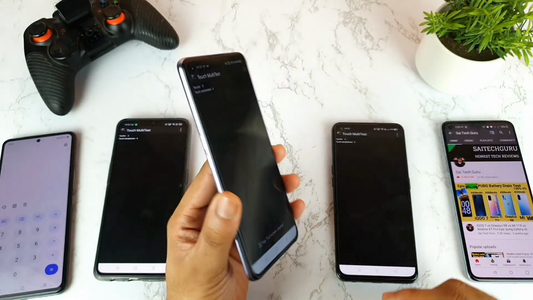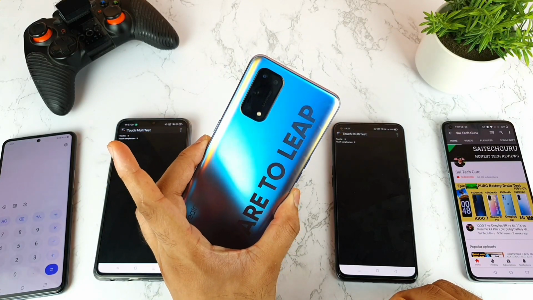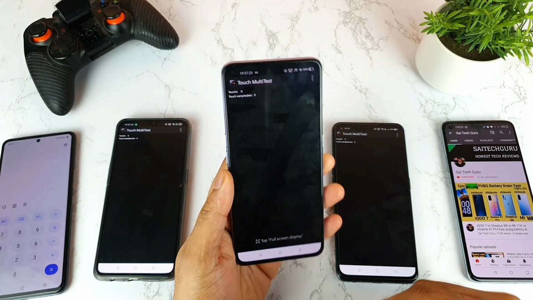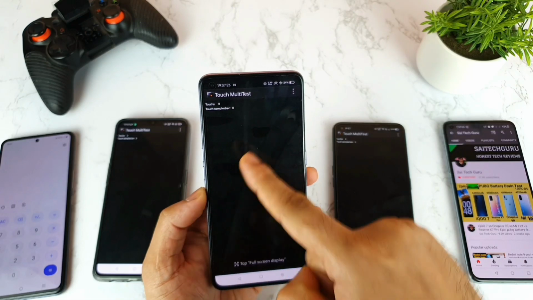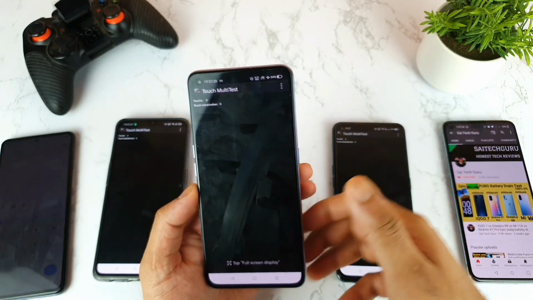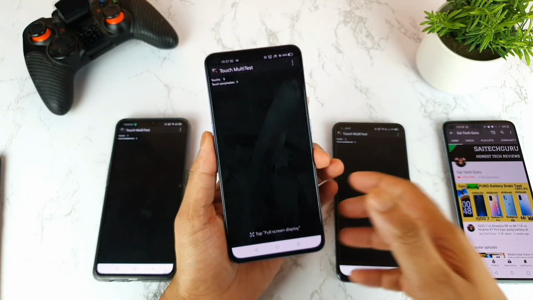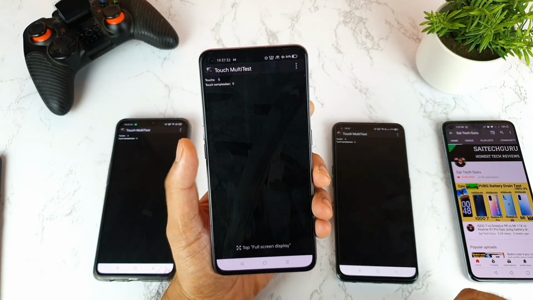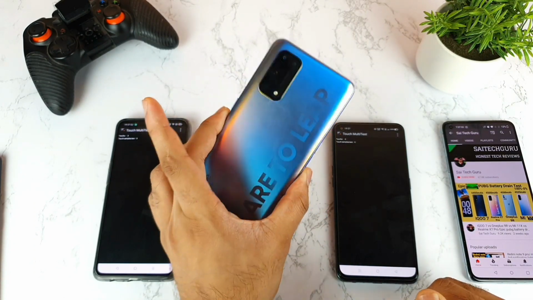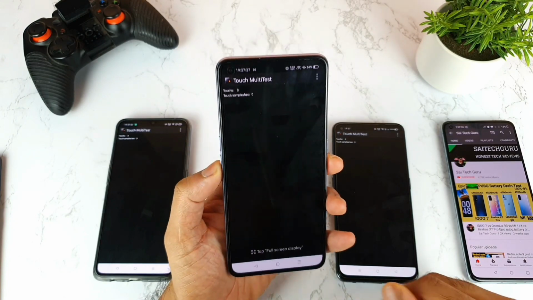So that means the Realme X1 Pro has got a 120 Hz touch sampling rate, I think, because if you do 240 minus the refresh rate 120, you'll be getting a 120 Hz touch sampling rate. So all this time I was using the 120 Hz touch sampling rate in this Realme X1 Pro device, friends. That is another sad part about this, as you can clearly see.